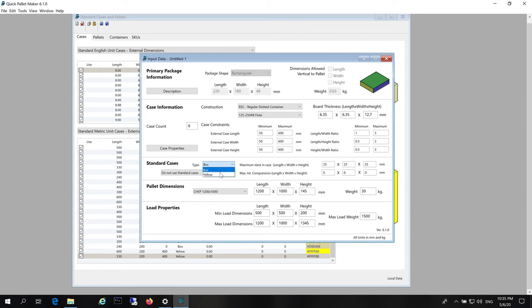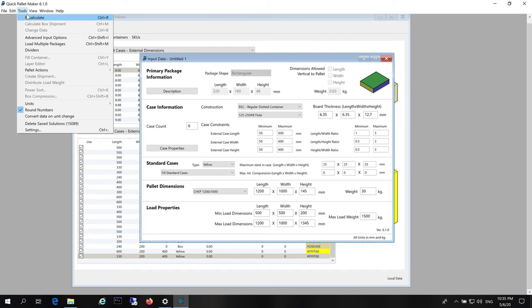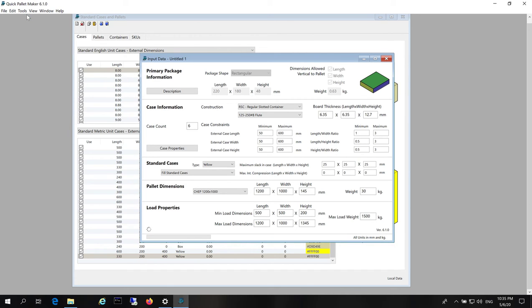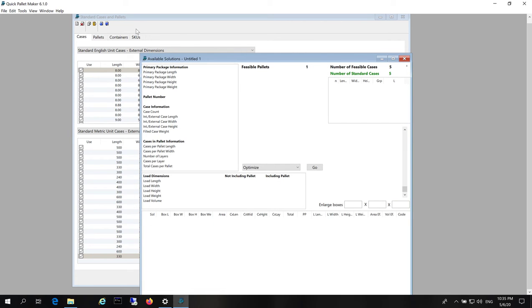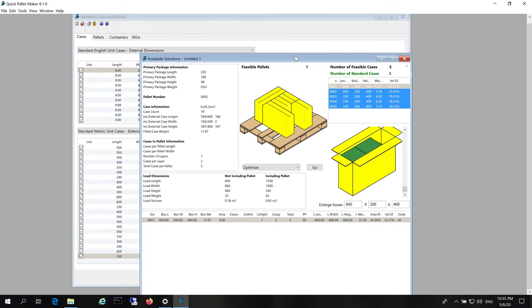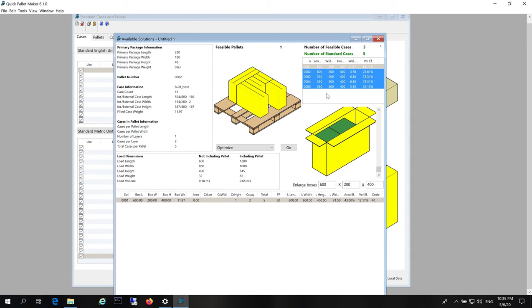Now we will select the yellow box and we will use Fill Standard Cases. And we leave the slack the same. Tools, Recalculate. And we see here that we were able to obtain a list of boxes using the two options that we had set before. When we choose View Box Contents, we see that the first one is 600 by 200 and